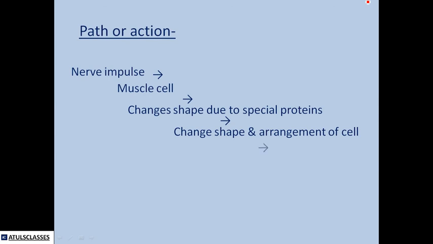This arrangement causes action, and the shortening of muscles occurs, and the contractile action of the muscle occurs. So this is the whole path of action, from receiving of the nerve impulse and the detail that is taking place in